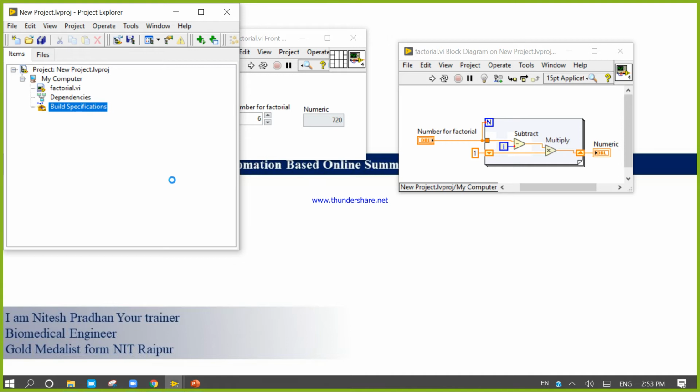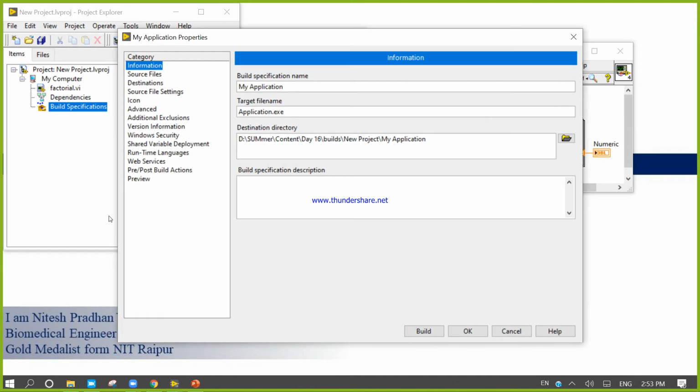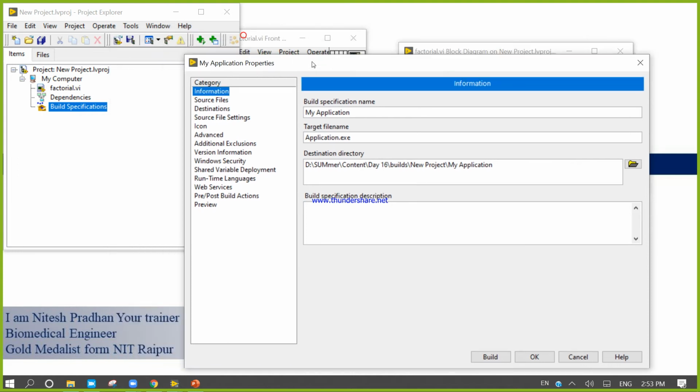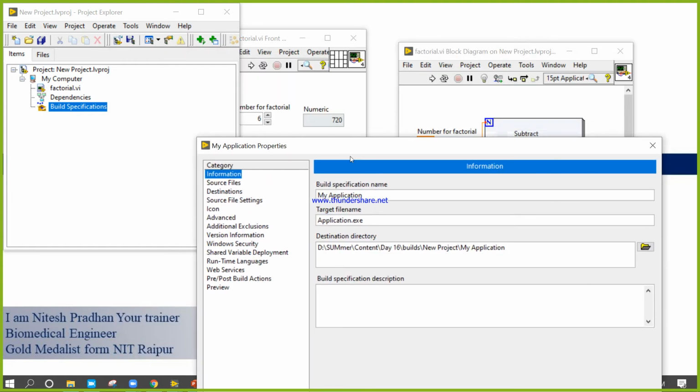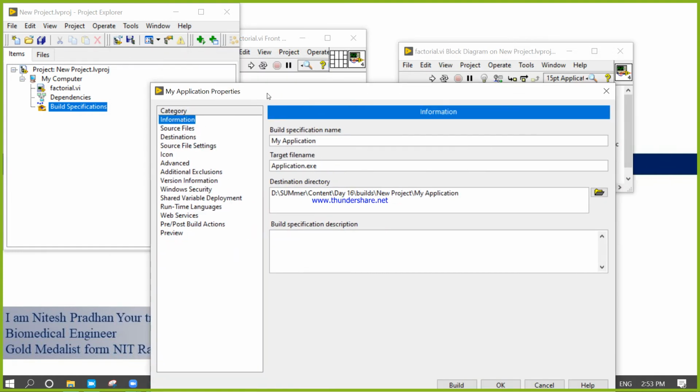Click the application.exe file. Come to the application.exe file. Information.